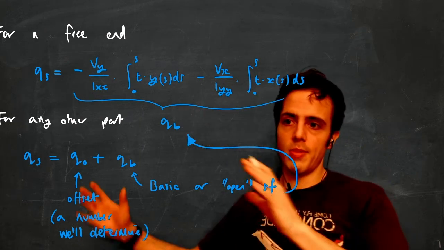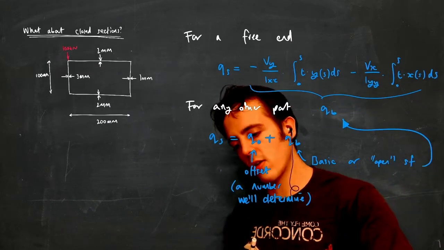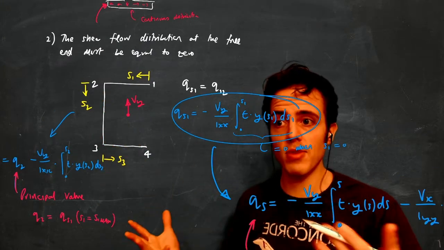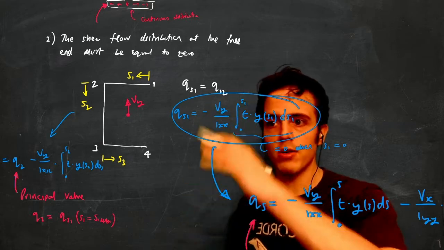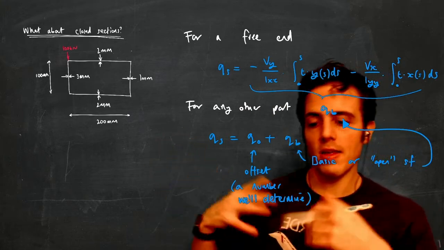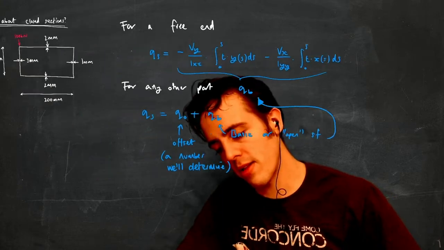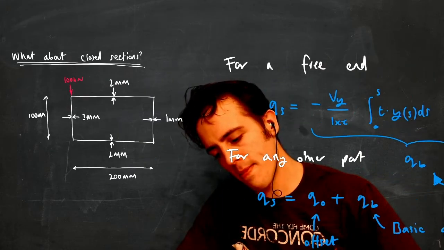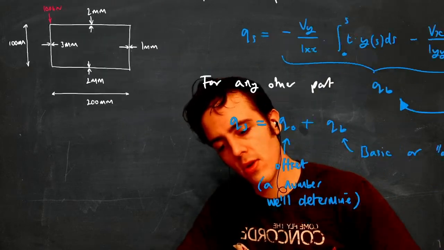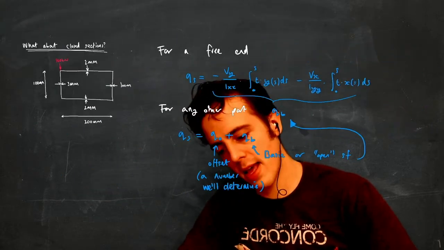So even though I'm introducing this nomenclature now, we've sort of been using it, and we used it for determination of the value here. Okay, we already used this, but we just didn't really have a name for it. We didn't have the nomenclature, and you tend not to see this expression being written like this until you start to look at closed sections. So we use this to determine closed sections, and in fact, we have everything in this problem we need now. So if we were to use this here, the solution procedure would be, let's say,